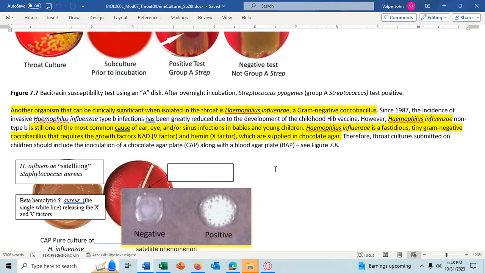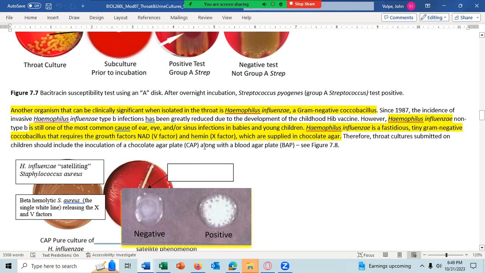Haemophilus influenzae is fastidious, like Streptococcus pyogenes, but it will not grow on blood agar. It actually requires the presence of the V factor, NAD, and the X factor, hemin,